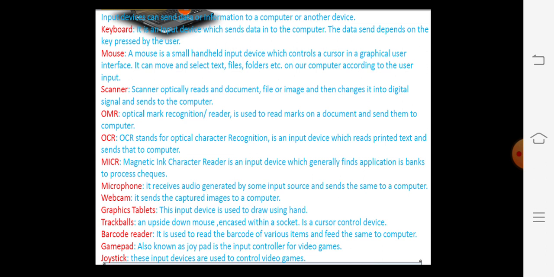So we have many input devices like keyboard, mouse, scanner, OMR, OCR, MICR, barcode reader, webcam, microphone. Many input devices nowadays are wireless and do not have a wire for connection between the CPU and the input device.